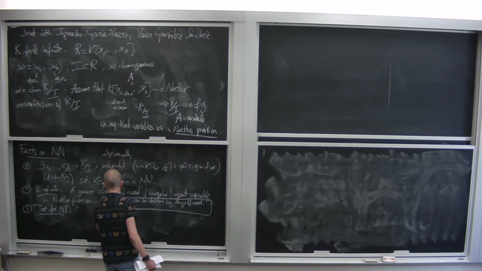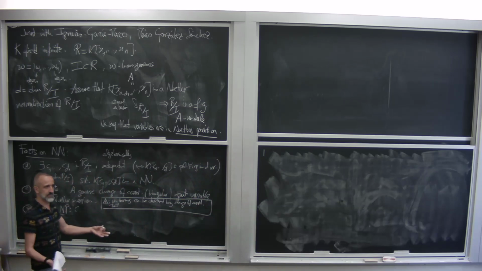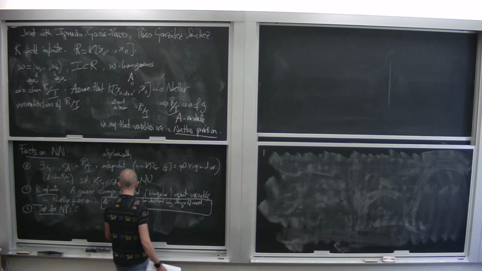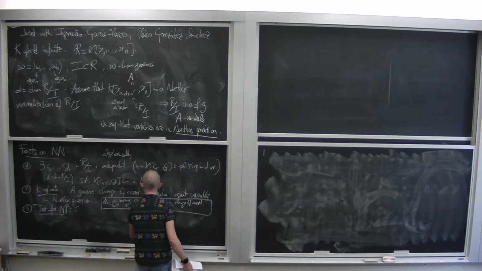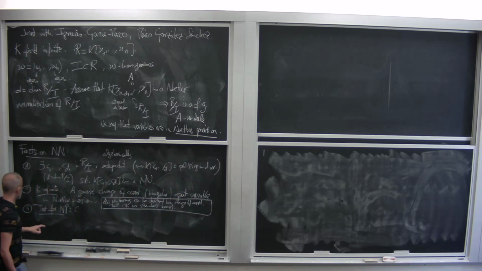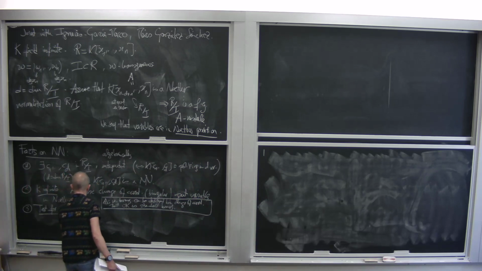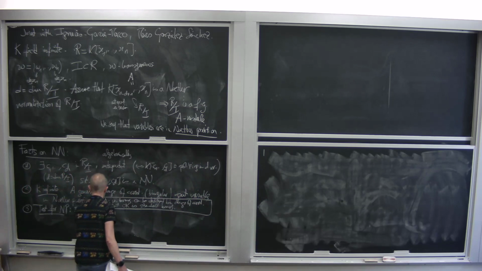But if my ideal is truly homogeneous, I have no problem. Then I can do a change of coordinates and it will still be homogeneous. But it's okay if it's standard homogeneous. Okay. So the test for Noether position, this is for I homogeneous, standard homogeneous,